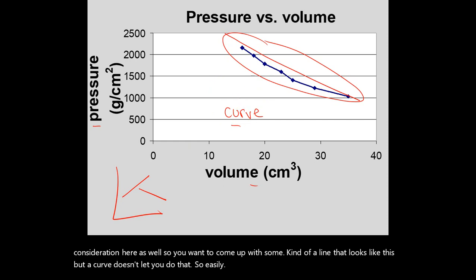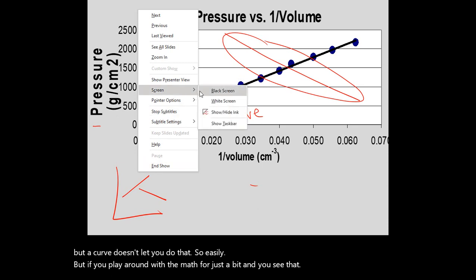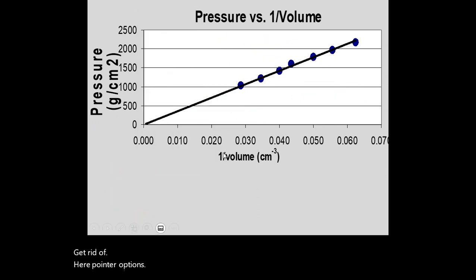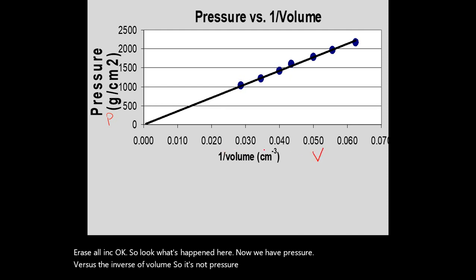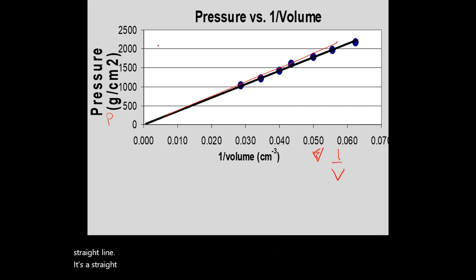But if you play around with the math for just a bit, you see that, let me see if I can get rid of this. Here, pointer options, erase all ink. Okay, so look what's happened here. Now we have pressure versus the inverse of volume. So it's not pressure versus volume, it's pressure versus the inverse of volume, 1 over V. Now, why did we do that? Well, because look at the relationship here. This is a straight line. That's a straight line, and that's great because you can come up with